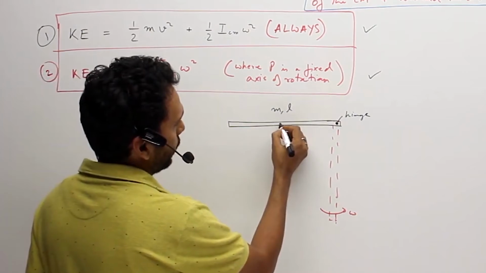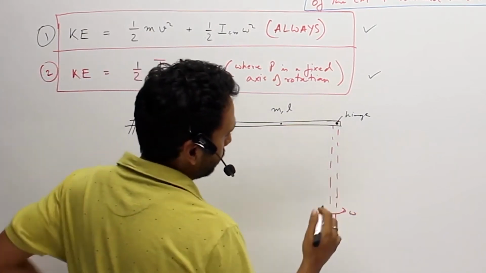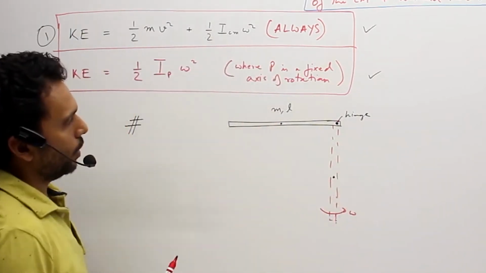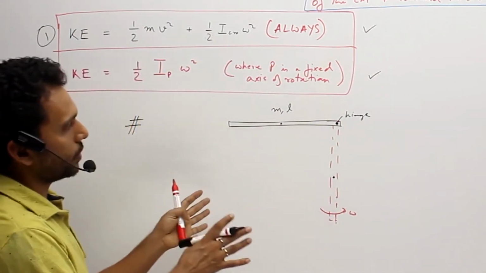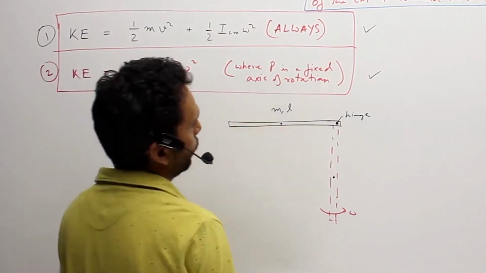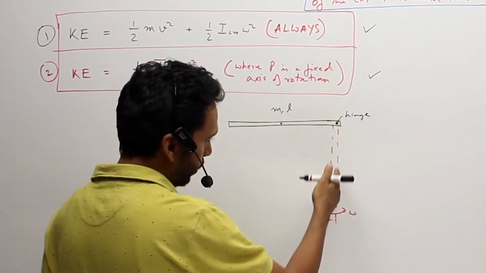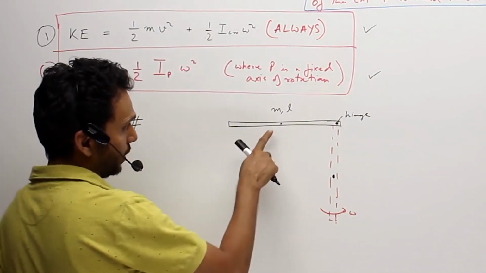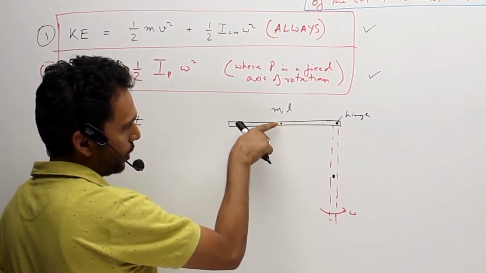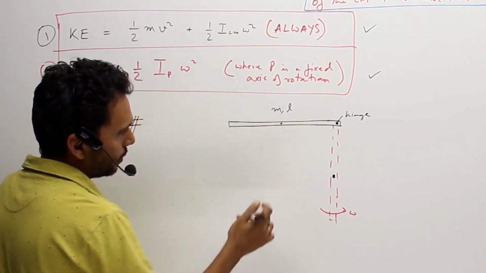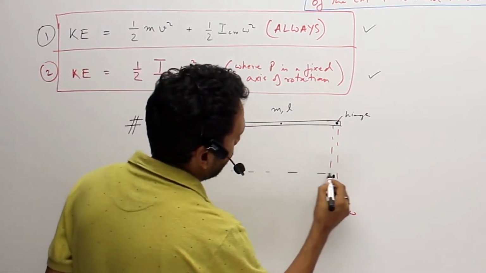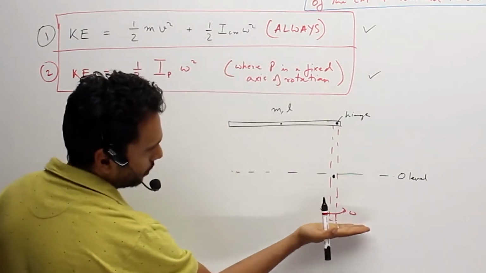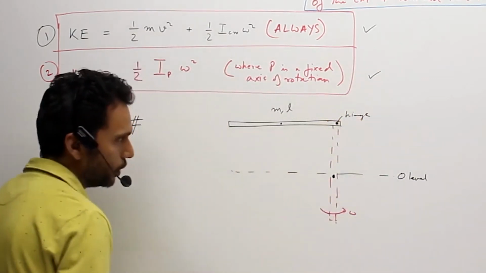First, for writing potential energy, you can take the center of mass, and whatever is the potential energy of the center of mass, as if the whole mass was at the center of mass, would be the potential energy even if you have taken it all separately. So that's an advantage. So the potential energy initially was, the mass was at this height and finally it is at this height. So I can take this height as 0 level. You can take this as 0 level or this as 0 level, your wish.